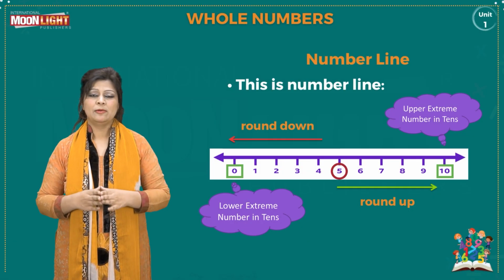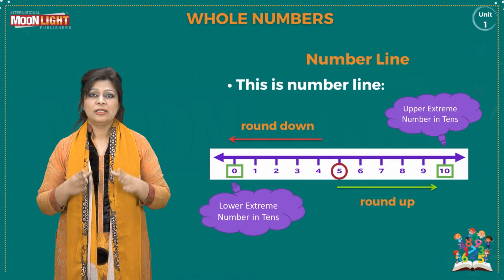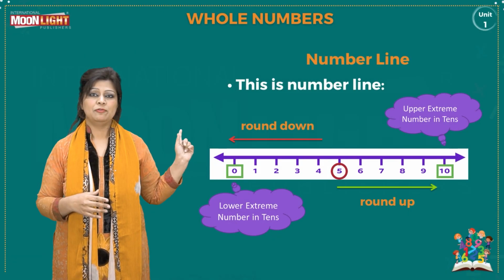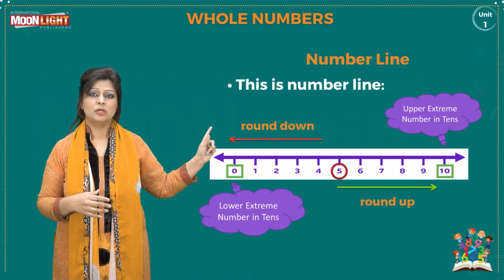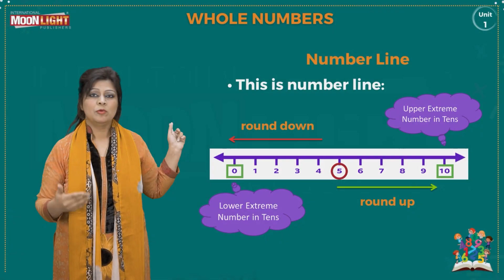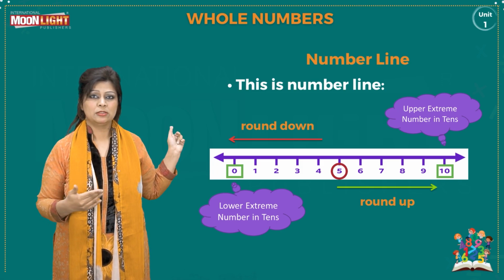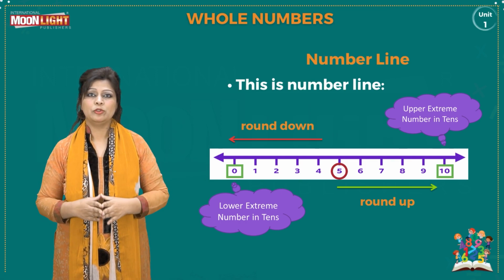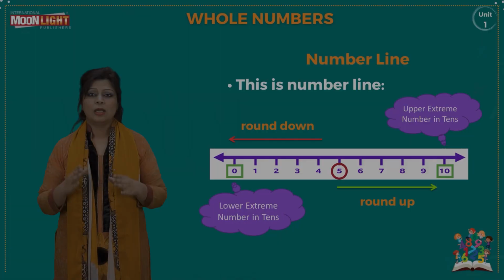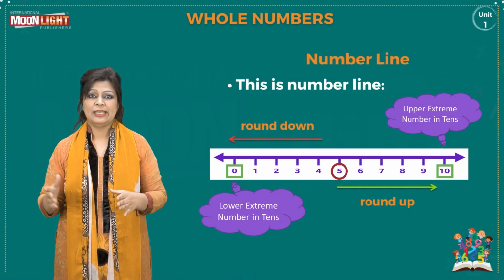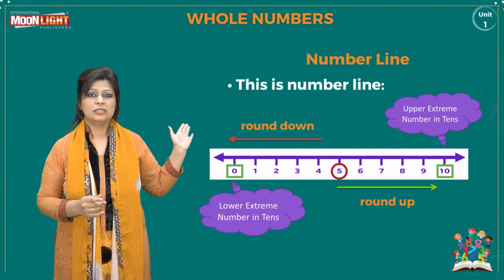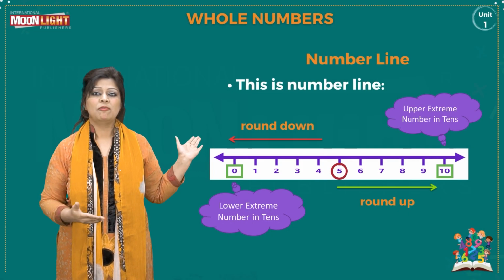The middle number 5 is going to tell you whether you are going to round down, meaning from number 5 to below, from 5 to 0, we are going to round down to the lower extreme of the number in tens. Round up means that we are going to move forward to the next upper extreme number in tens. From the arrow position, you can easily check the rules to round off a whole number